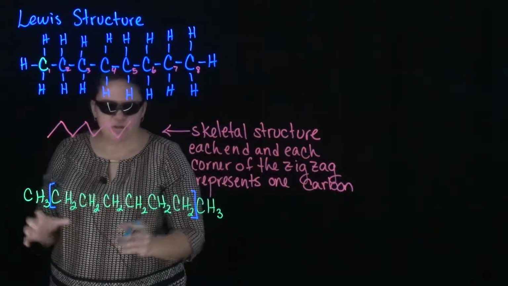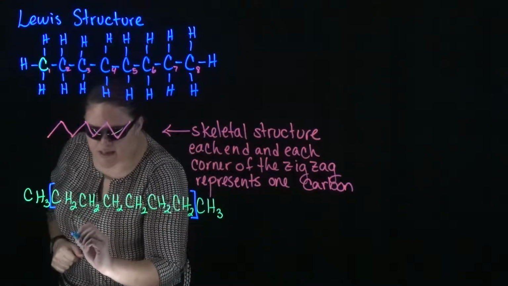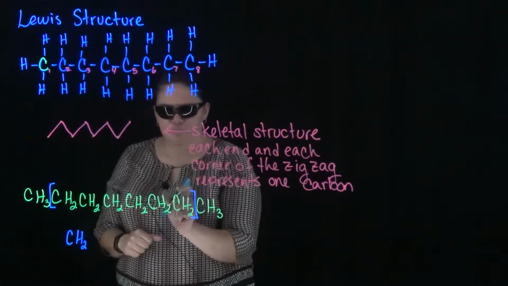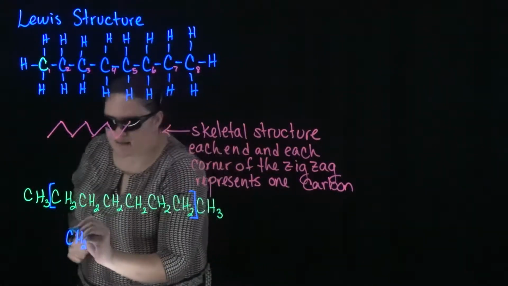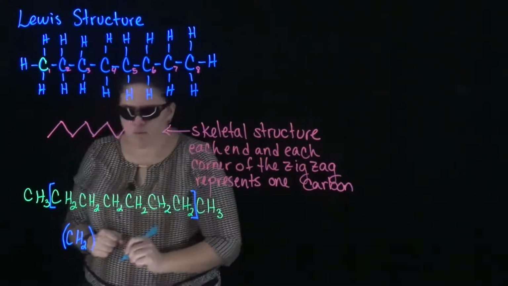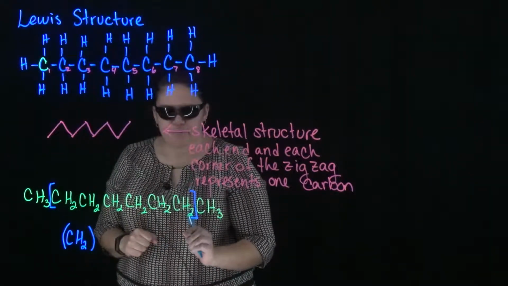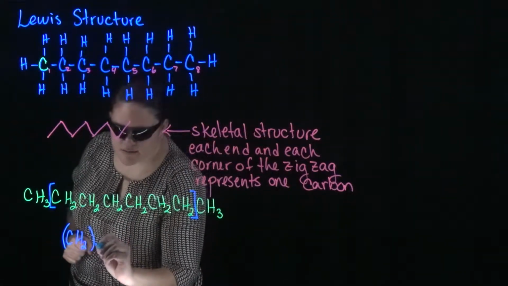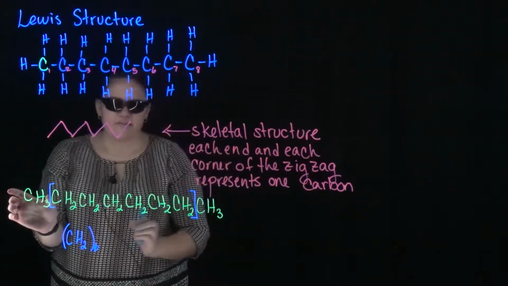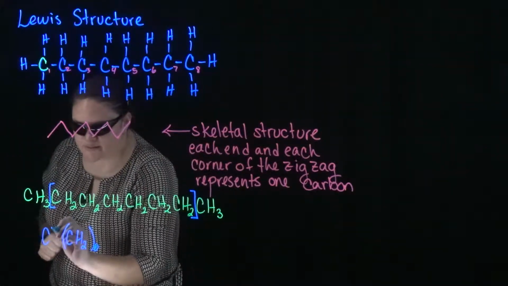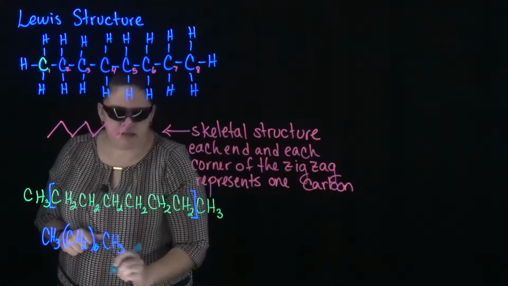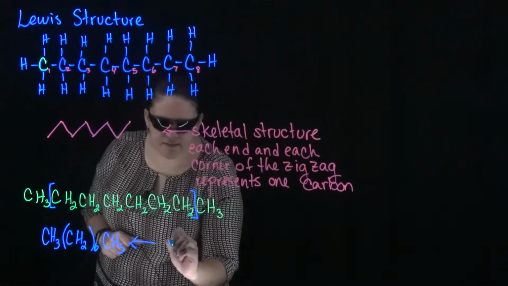So in order to condense it even further, I can write CH2, which is the repeating part of the structure, and in parentheses, write outside how many of that repeating part I have. So I have 6 of those, and I have to write the 2 ends. CH3, CH3. So this would be the correct condensed